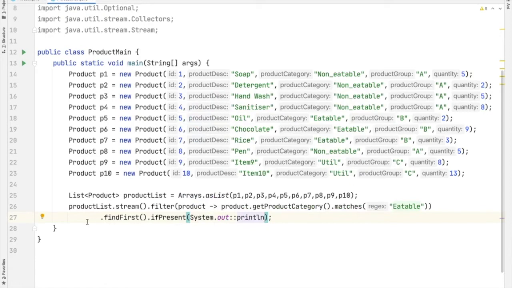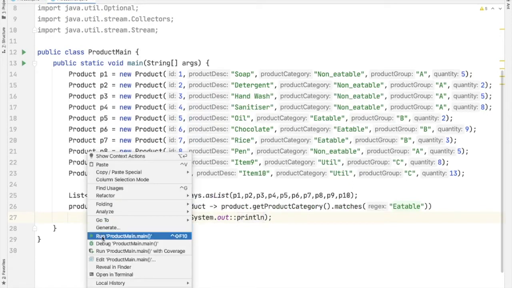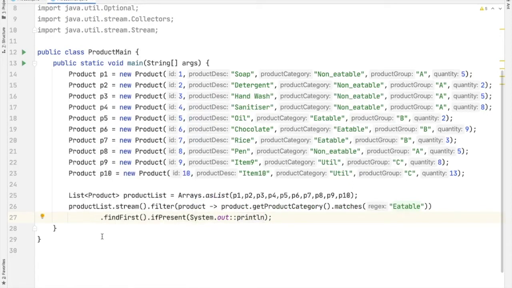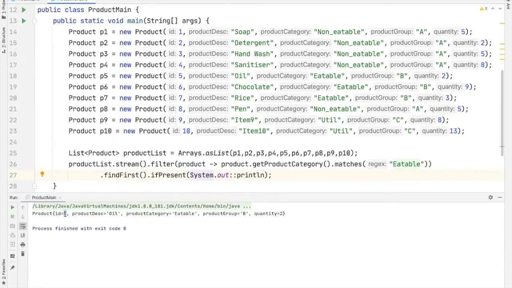Run the code. We got the result, and this is the fifth object of the product list.